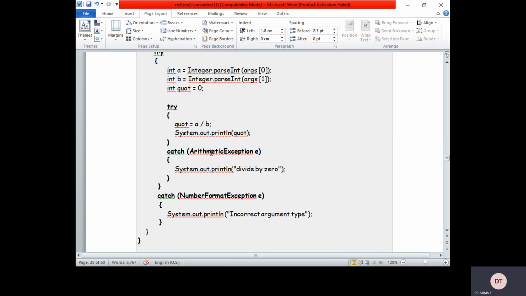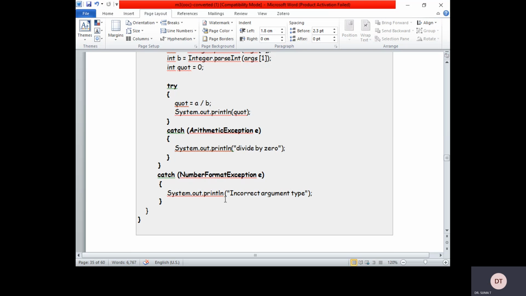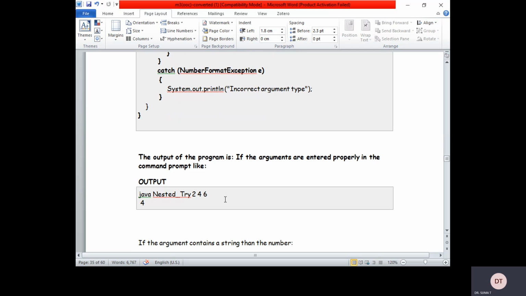Okay, I am going to give some other value. That time, this second exception is going to be handled. That is an incorrect argument type. We are given an integer type, but we are trying to give some other data type, which is invalid. So that exception is going to be caught if the A and B values are not in the proper number format. The output of the program is, if the arguments are entered properly in the command prompt,